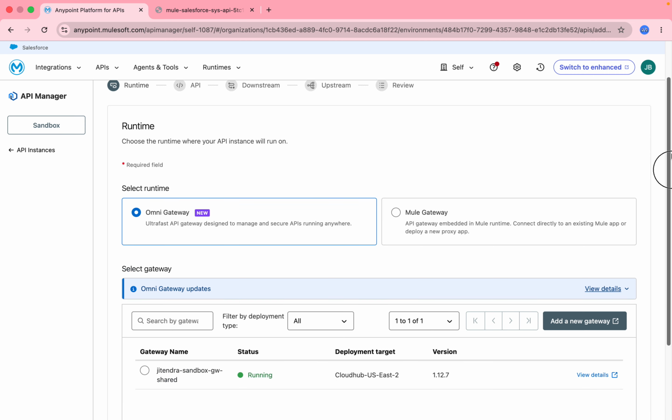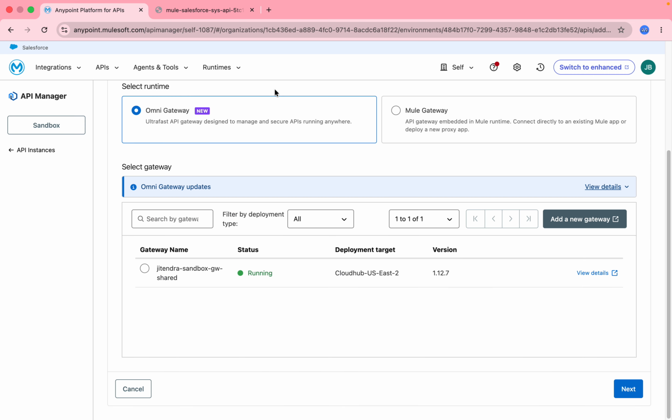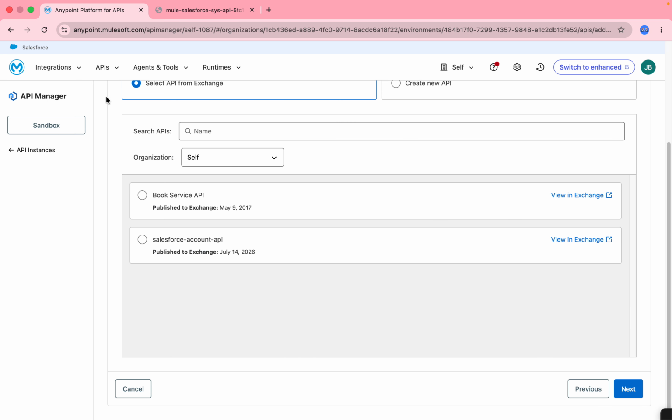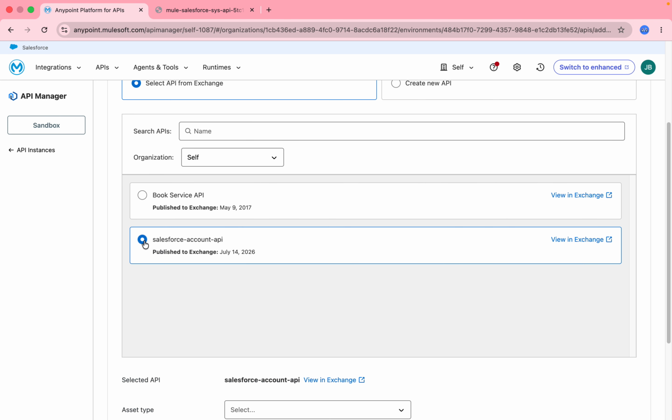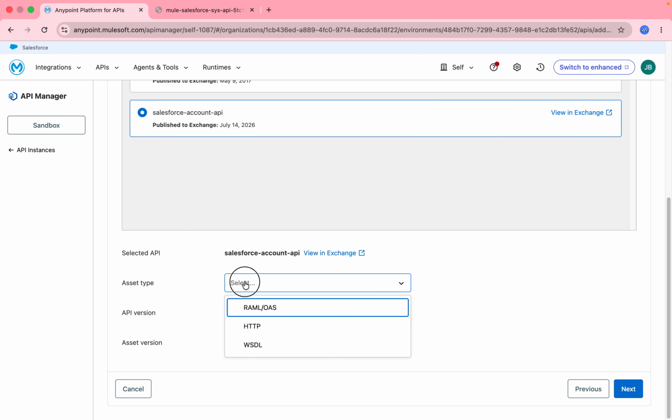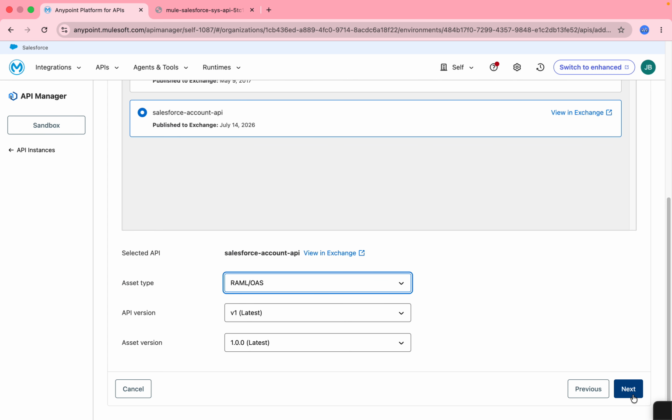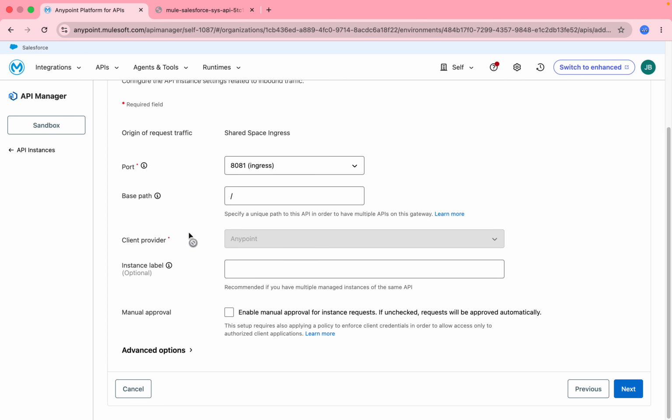And here it is showing the Omni Gateway. You can set up the Mule Gateway also. If you want to set up the Omni Gateway, just select Omni Gateway and say next. This is my Salesforce account API, whose API specification I already published into Exchange, so that's why it's showing here. You can select the asset type, it's YAML only. Just say next. If you want to give any base path, you can give it, and give an instance label, Salesforce